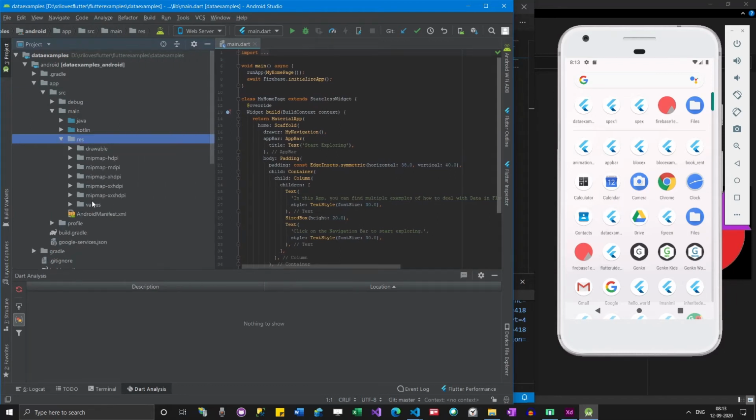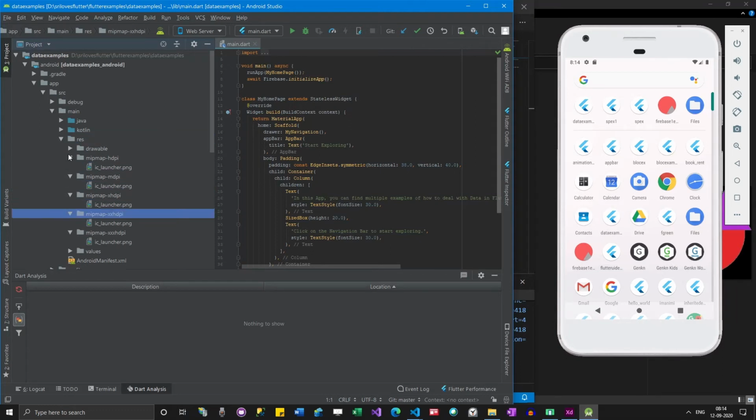Okay, so when it comes to Android apps, your icons are actually placed in this folder. It will be divided into multiple folders, and then images will be stored here for multiple devices. But you don't have to create these images manually for each and everything.